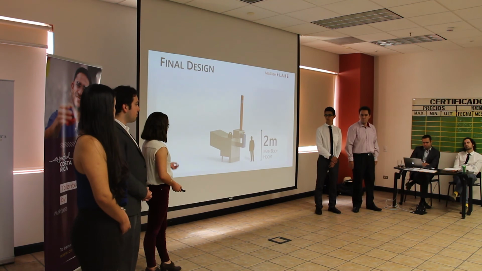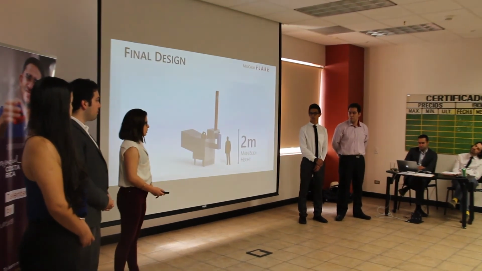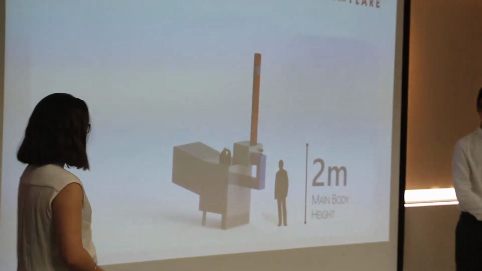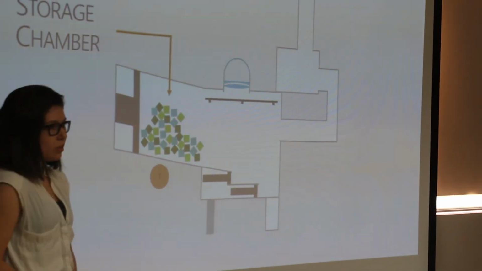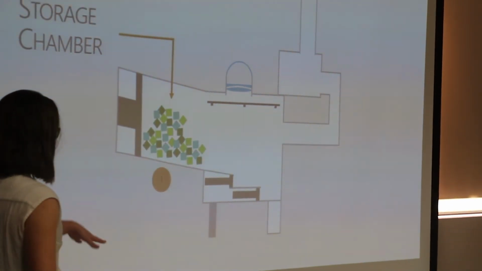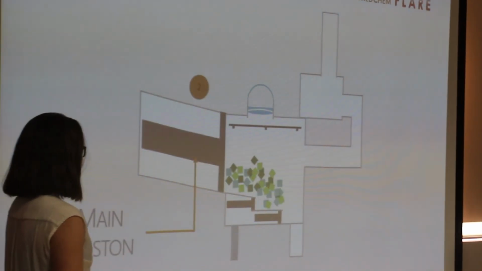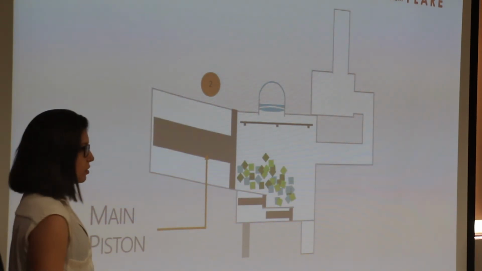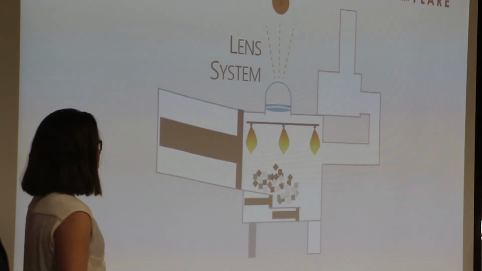This is the sketch of our device. The device has 4 compartments, 1 optical system because it uses solar energy, and 1 chamber. So the process of the device is, first, the user puts the waste in the storage chamber, then a main piston pushes all the waste into an incineration chamber, then the LED systems